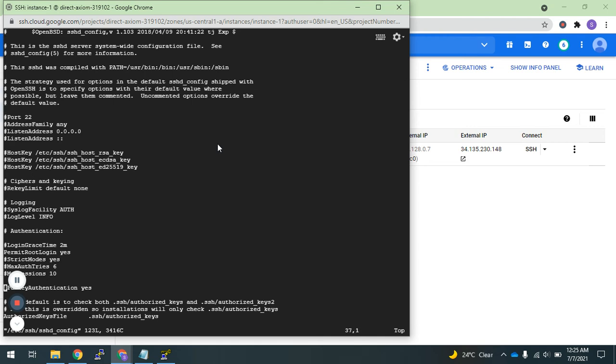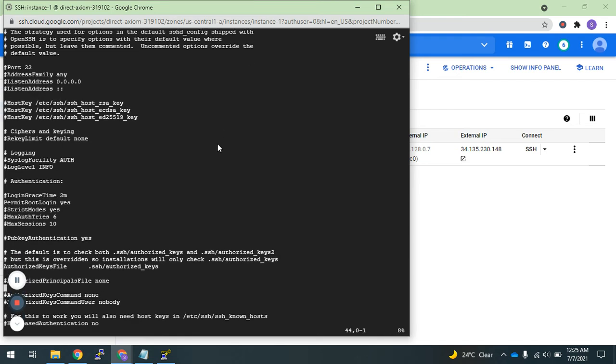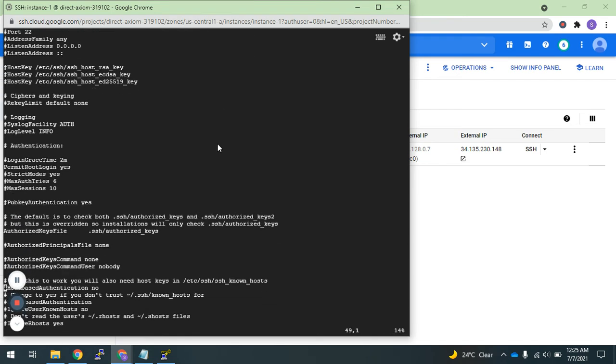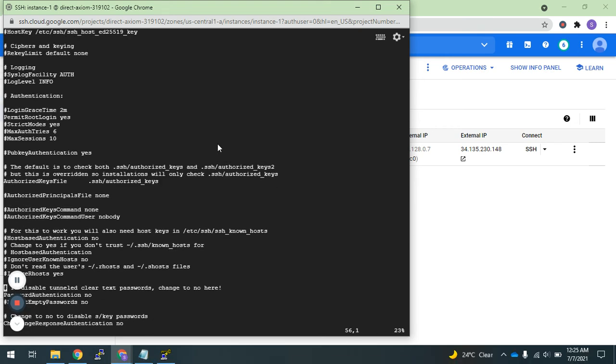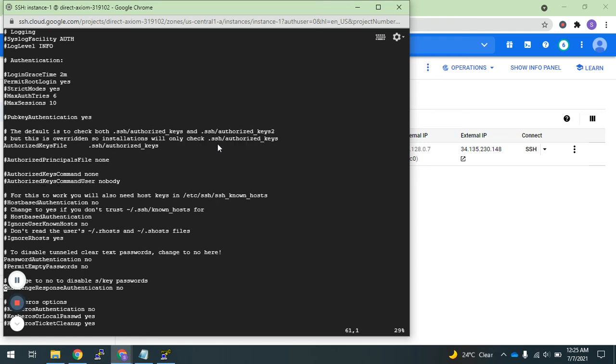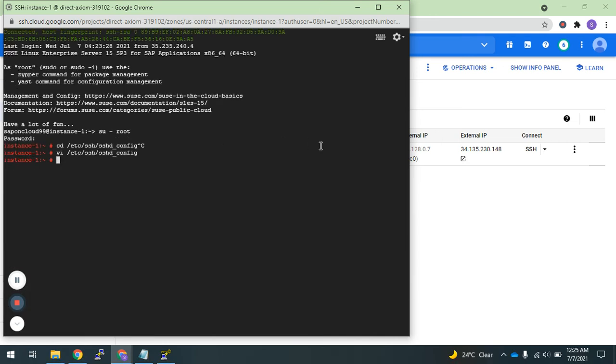You can see here the password authentication, so you need to search for it. You can see this is the parameter. It has password authentication as no. Let me make it yes. What will happen? I will be able to log in with a password.